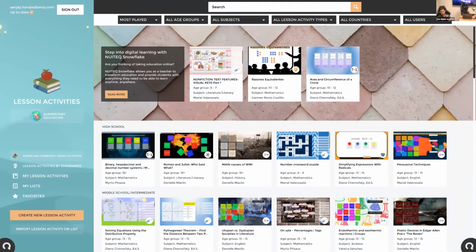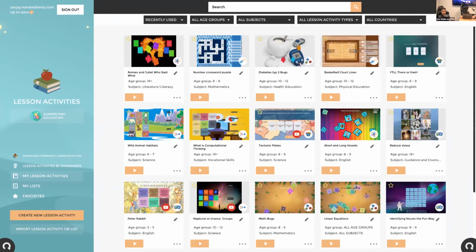And then down the left-hand side, you'll see the lesson activities and the My List. There's probably nothing in there at the moment as far as My Lists, because Sanjay hasn't put anything in there. But we've got My Lesson Activities, and we can either play them directly through there, or like Jack said, we can favorite them and put them onto the home screen for later. So if we go back to